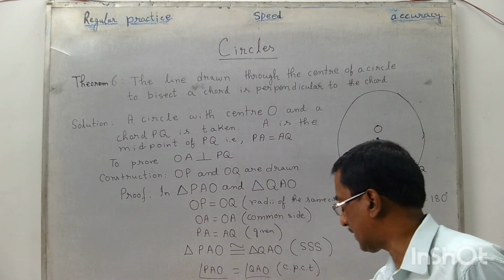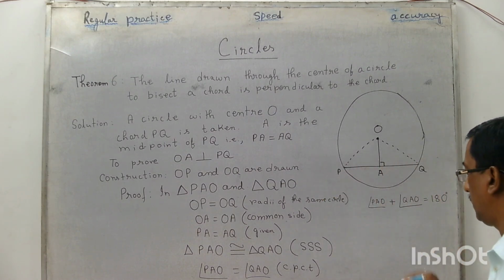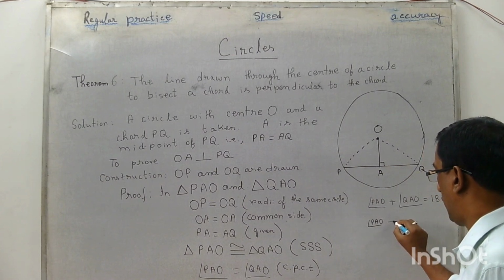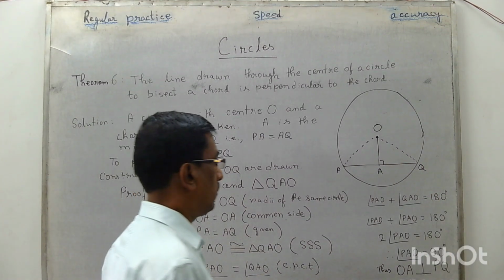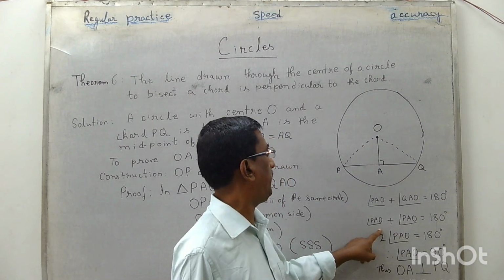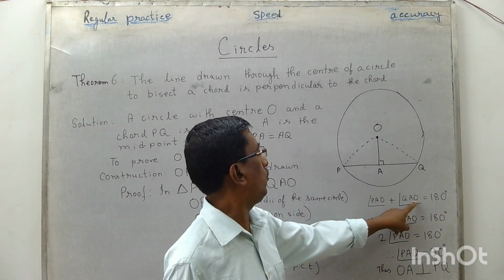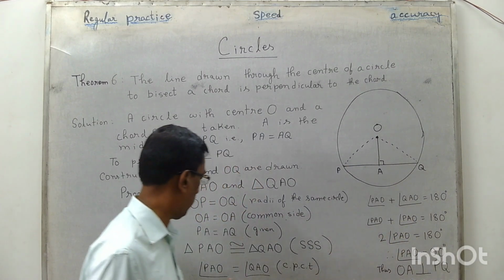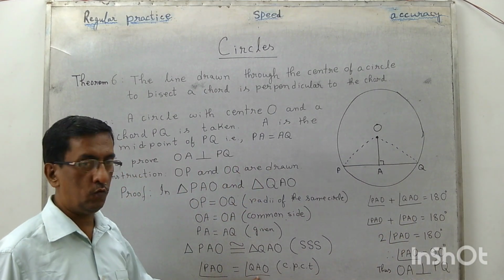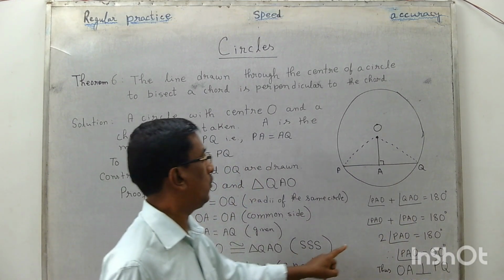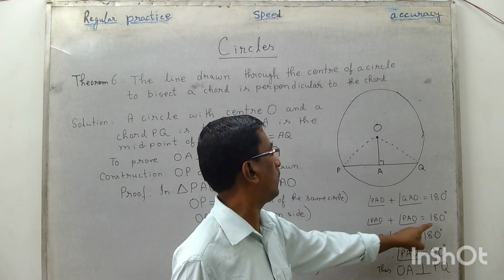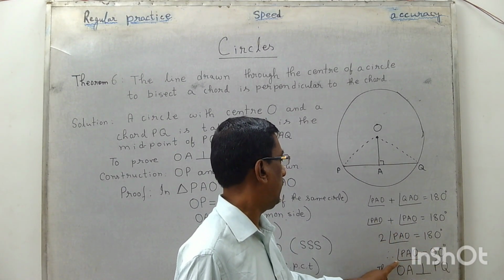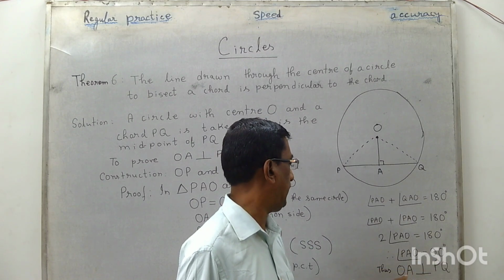If we take this condition here, here we write PAO because I have already proved PAO equals to QAO. So PAO plus PAO equals to 180, twice of PAO equals to 180, therefore PAO equals to 90, thus